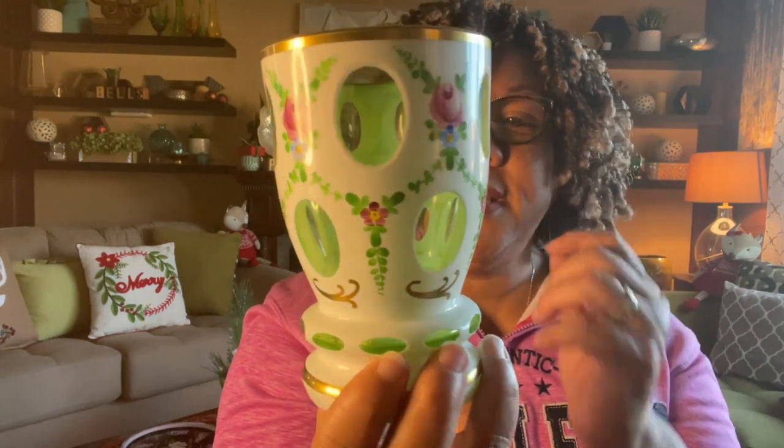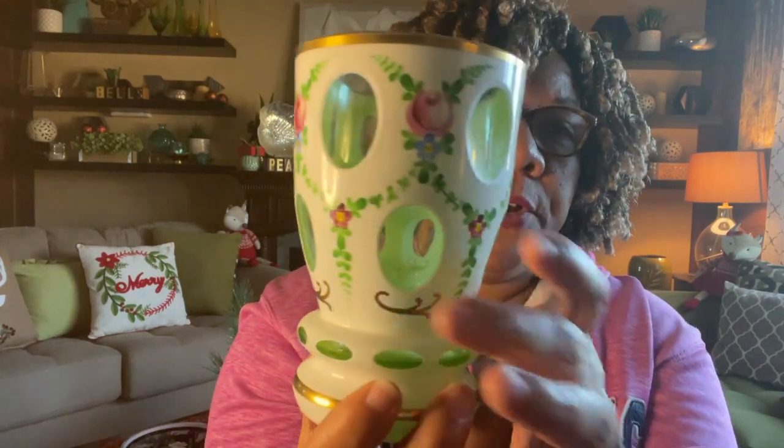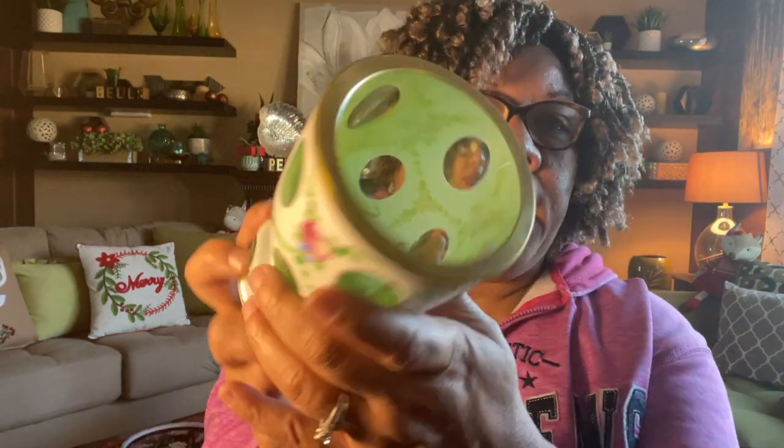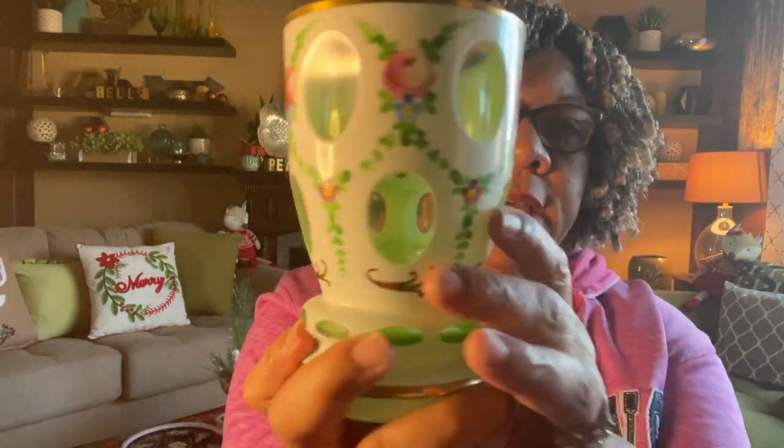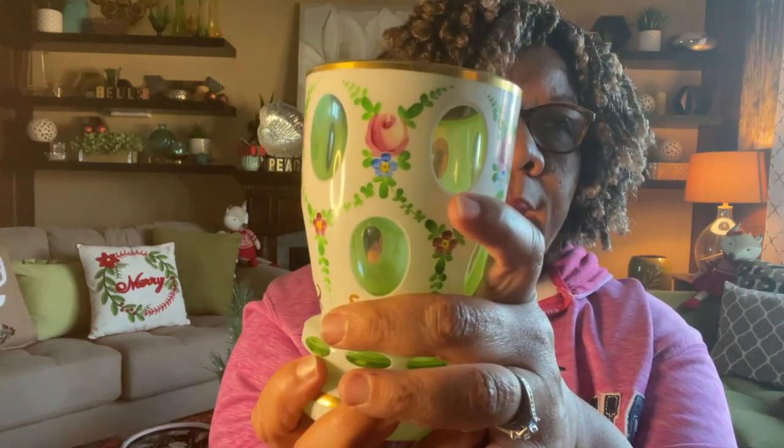So yeah, this is an amazing piece. When I first, my wonderful friend, and she knows who she is, I won't call her name out, she actually showed me how to use Google Lens. So what I did, I put this baby up on the shelf. There's no mark on the bottom. I put this baby up on the shelf, and I opened up Google Lens, and sure enough, it came back